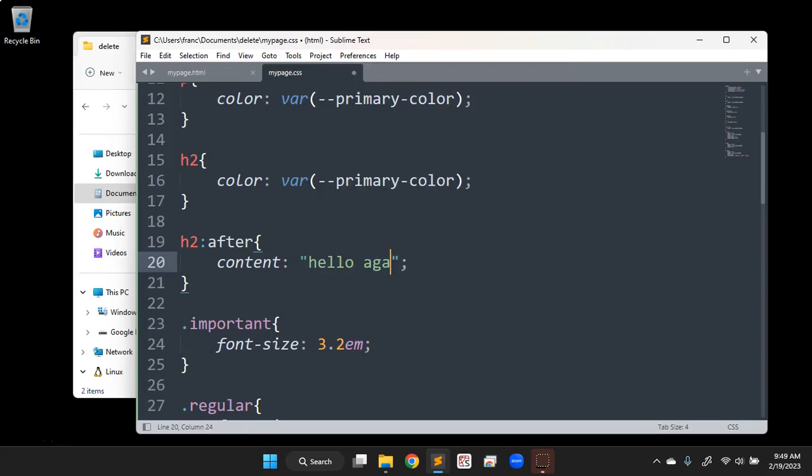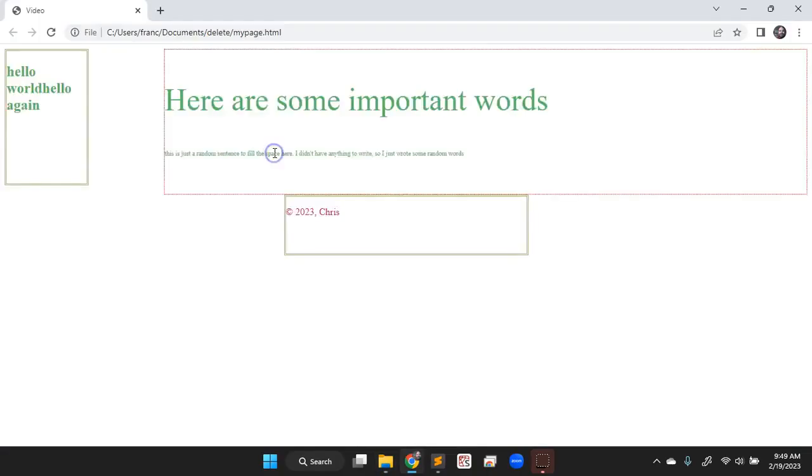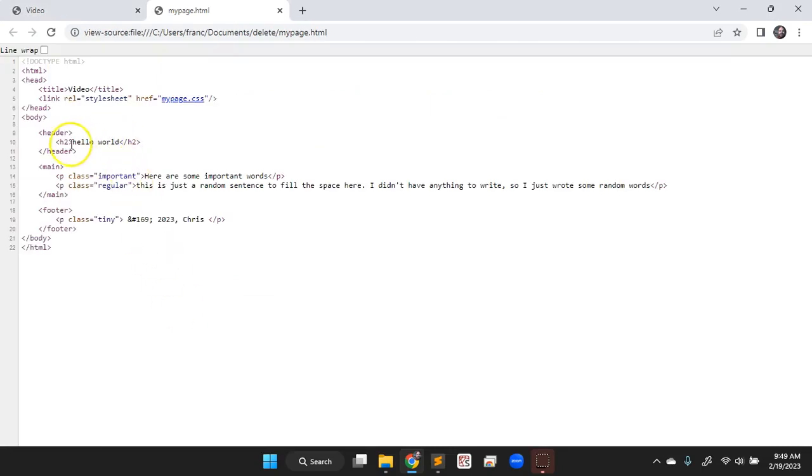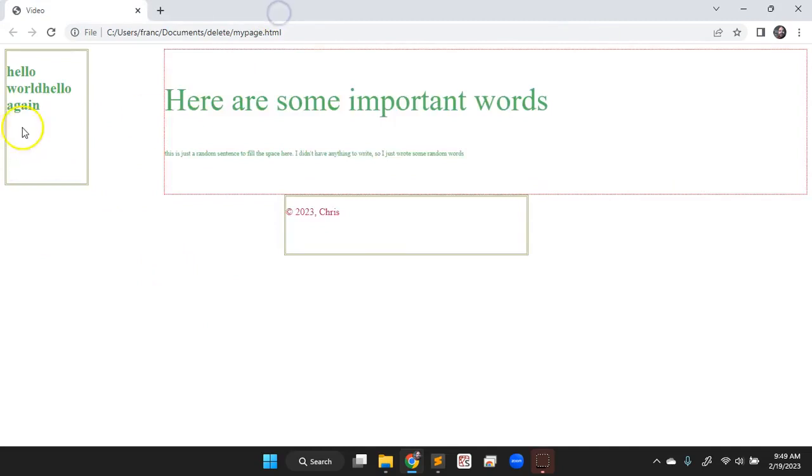I don't know, hello again. I'm not feeling very creative as I make these videos. So when I save that and open this, notice we get something thrown in right after that H2 element. If I view page source, we don't see that extra set of words. That's purely coming from the style. So we can add